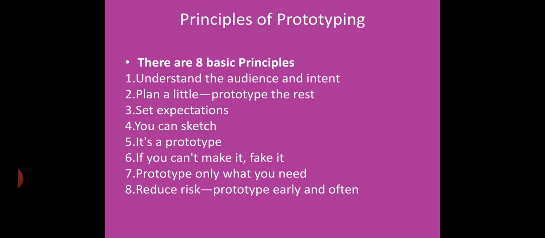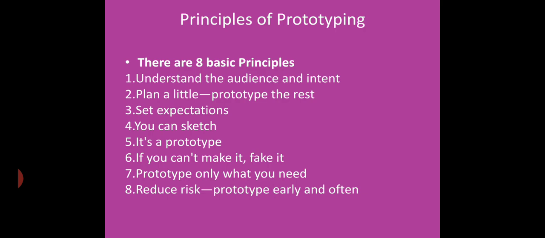And then the next one is the prototype model. After sketching, you can make one prototype model. That means the sketch which is present on the paper, the same thing you are going to make as a 3D model. And then the sixth point is, if you can't make it, fake it. That means, suppose you are not able to make the prototype model, then you can fake it. That means you can duplicate one, you can buy from other companies. So that is the thing.